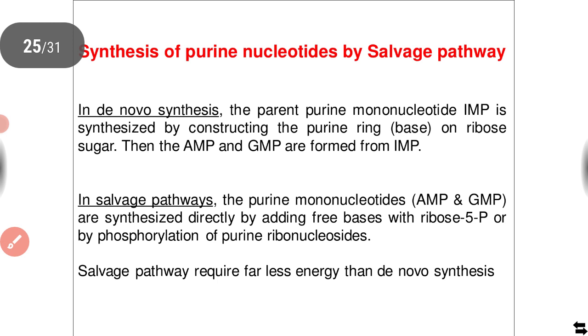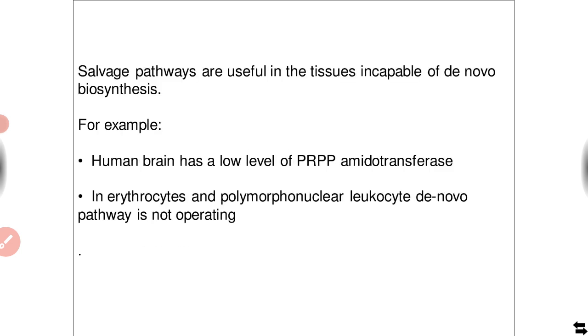Now we know the synthesis of purines by de novo synthesis. Next, what is the other pathway by which purines can be synthesized? It is the salvage pathway. Salvage pathway is a recycling pathway where purine nucleotides get broken down to form free purines, and these free purines are utilized for the synthesis of new purine nucleotides. So salvage pathway primarily occurs in all peripheral tissues, and particularly in tissues where they cannot make use of de novo synthesis, for example brain and leukocytes.